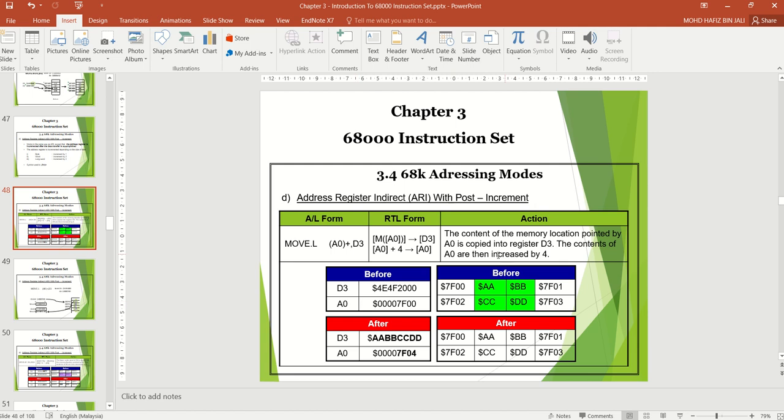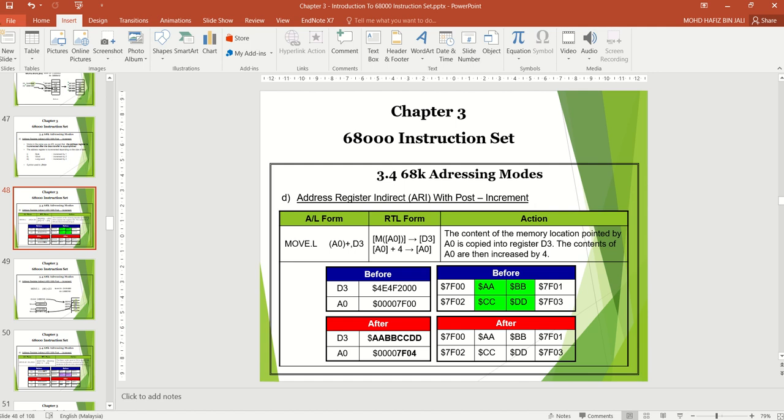This one is the source, this one is the destination. Because it is move.l, A0 has to be increased by 4. Previously it is 00007500, increased by 4, so it becomes 00007504.